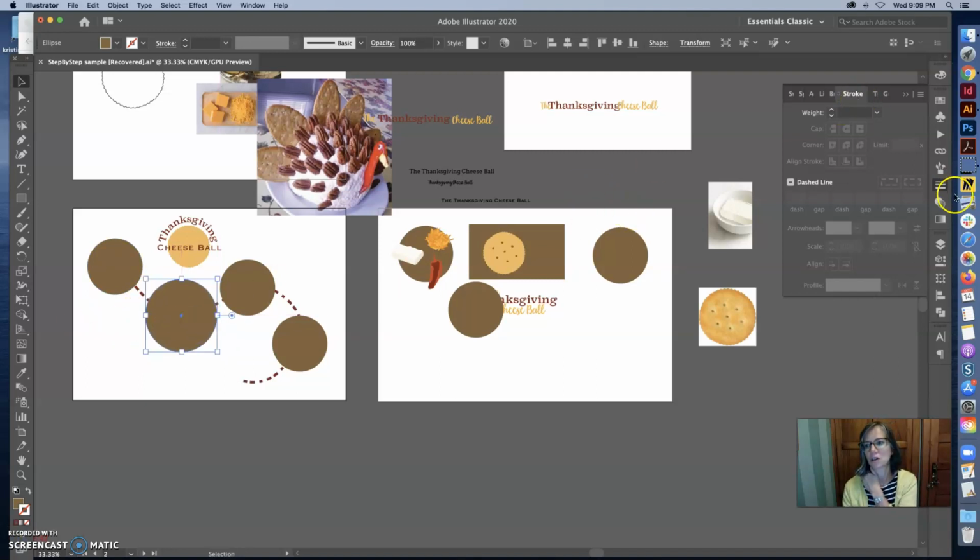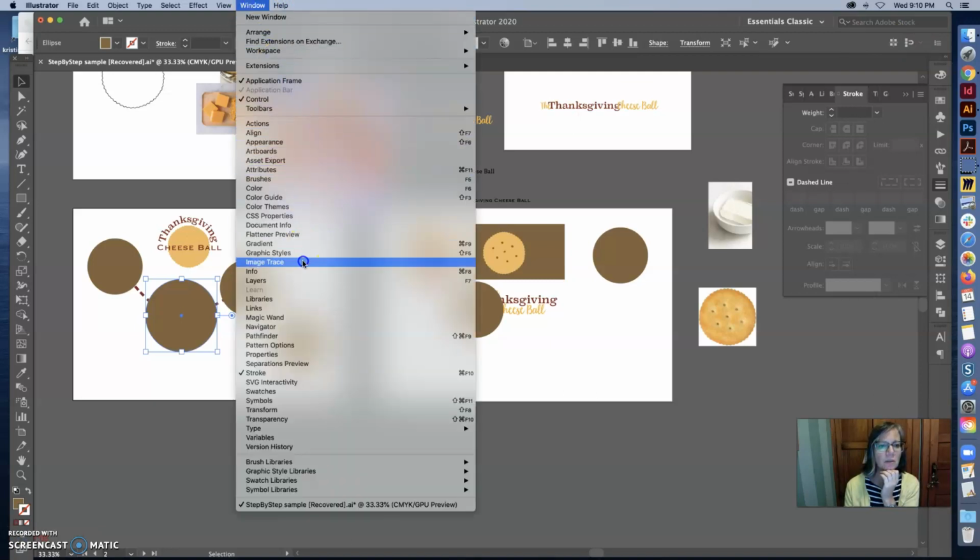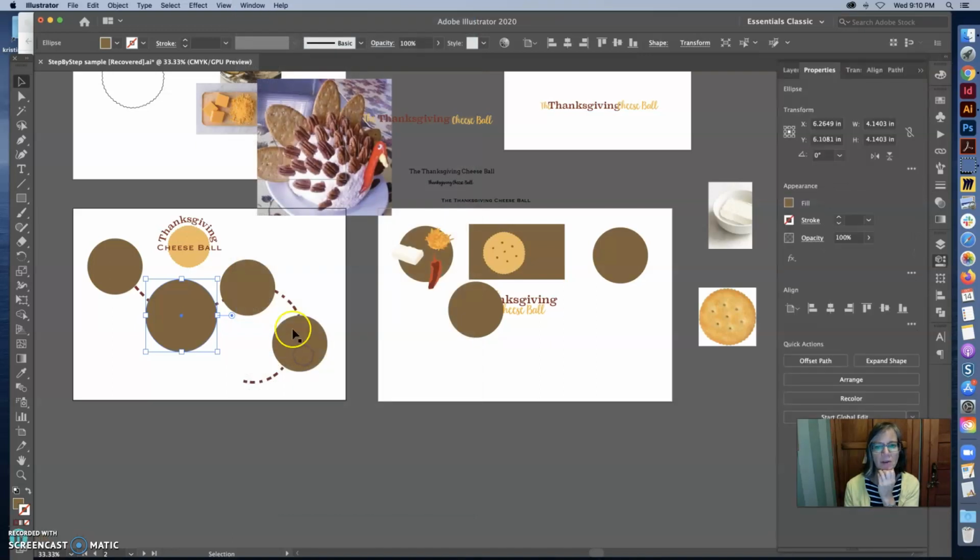So I can go to my properties, which is not here. And sometimes you can find it up here too. What I'm trying to see is the size of that. So I am going to go to my window and go to properties, and here it is. So now I can make them all, say I want to make them all 4 inches. So I can make that 4 inches,